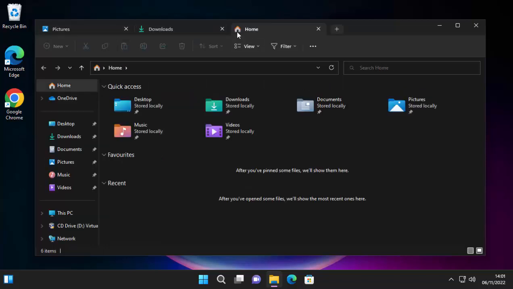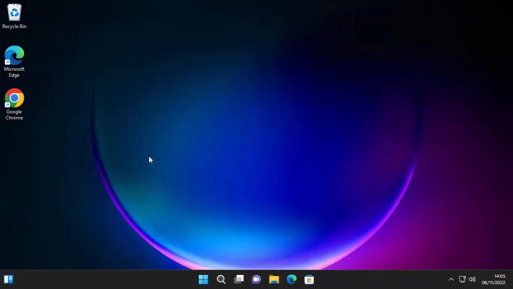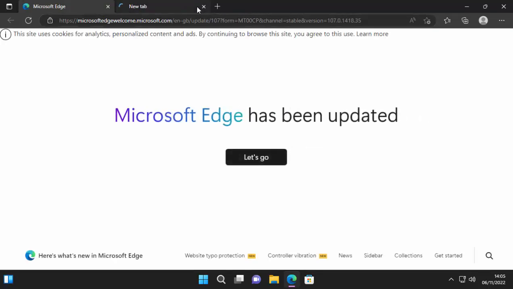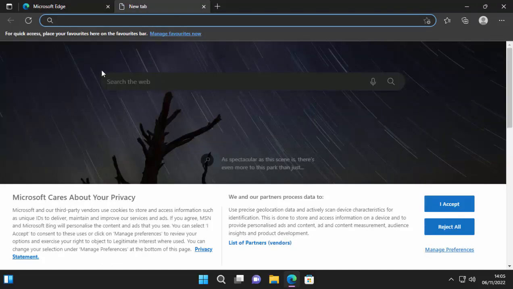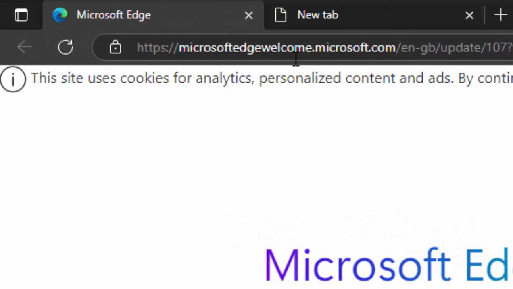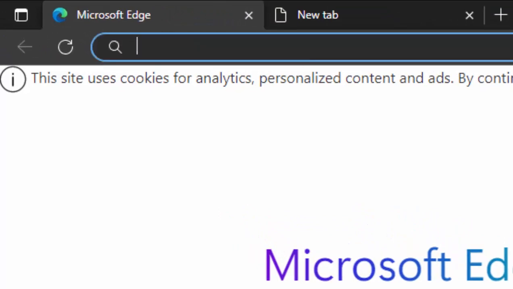That's great. But what if you haven't got them? So what we need to do is open Microsoft Edge or your browser, doesn't really matter which one, and once it's opened, just go to the address bar at the top of the screen, not a search bar in the middle of the screen, the address bar right at the top. Delete out anything that might be in there, and then type in there